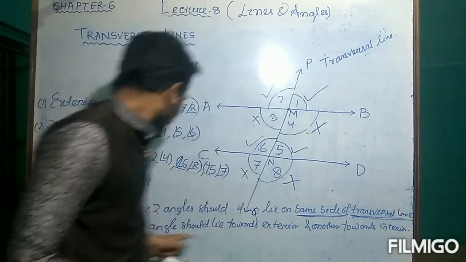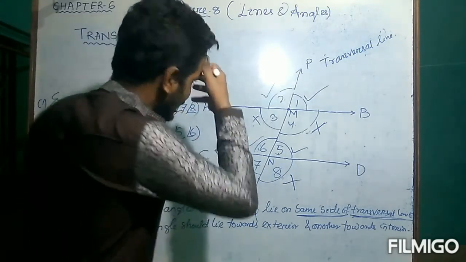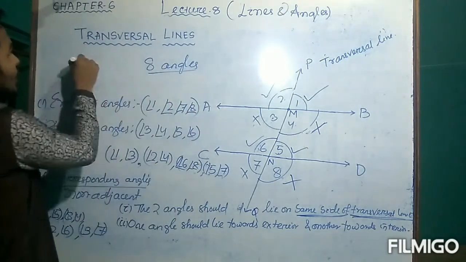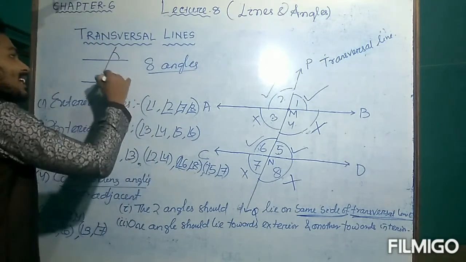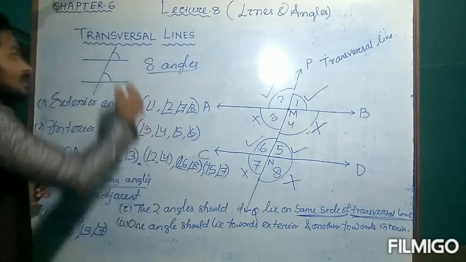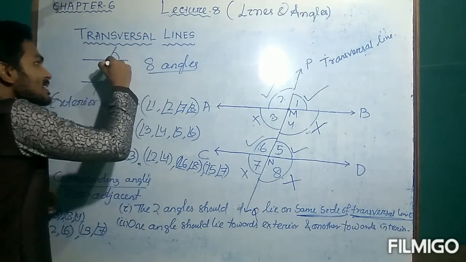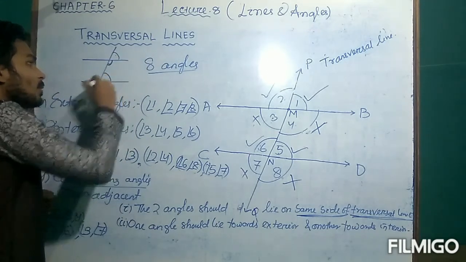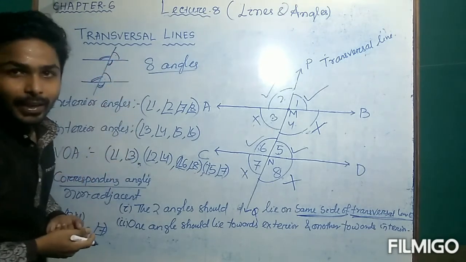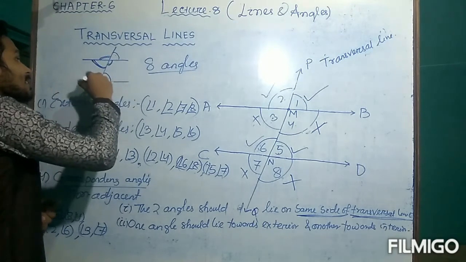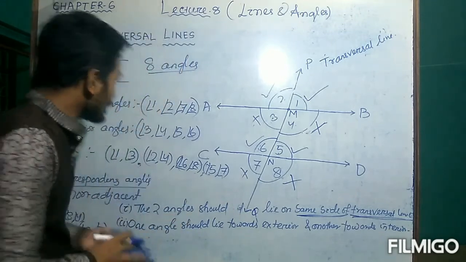So in this figure, how many pairs of corresponding angles do we have? We have four pairs of corresponding angles. If you consider these two lines and this transversal, this angle and this angle are corresponding because they lie towards exterior and interior on the same side. Similarly, this angle and this angle, and this angle and this angle, are also corresponding. So there are four pairs of corresponding angles. Understood? This is the fourth type of